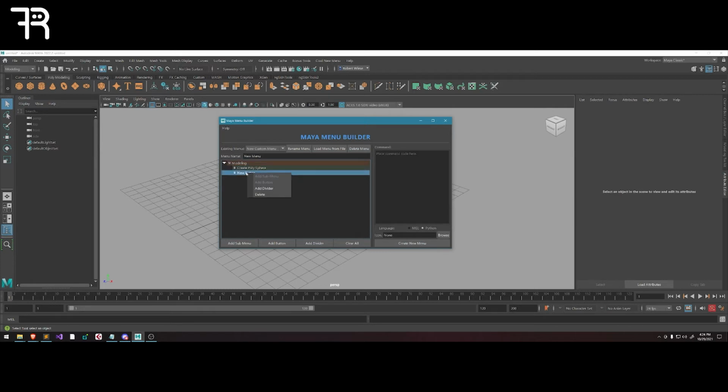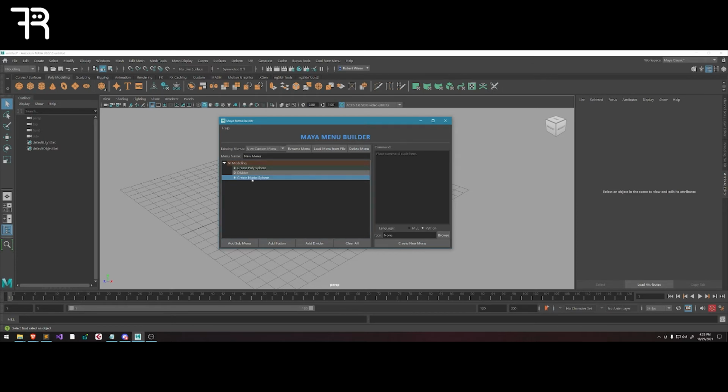And as you can see, when you right-click a button, you can only add a divider, and that'll add a divider right below it. So as you can see, you can't add a submenu or a button to and nest it underneath a button. But when you hit the Add Divider, what it does is it'll add a divider below your button or whatever you have selected. So I'm going to move this divider up just one, and I'm going to rename this button to Create